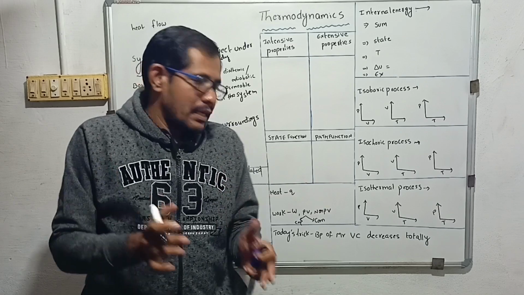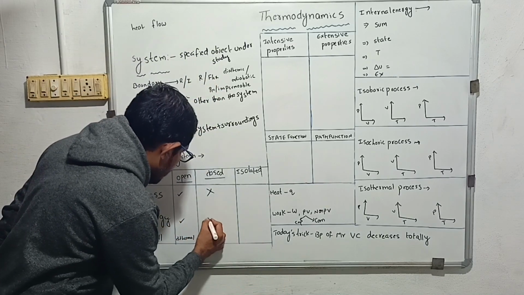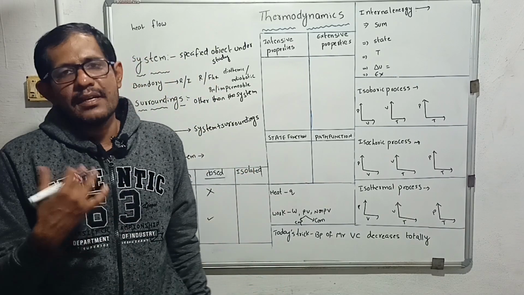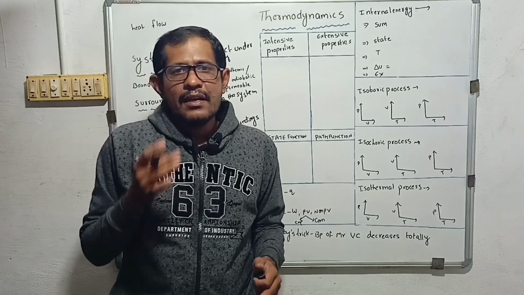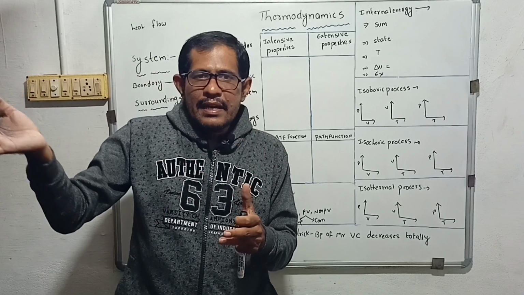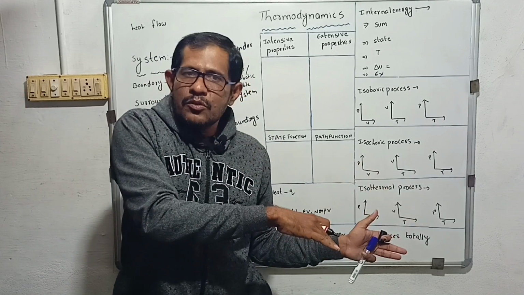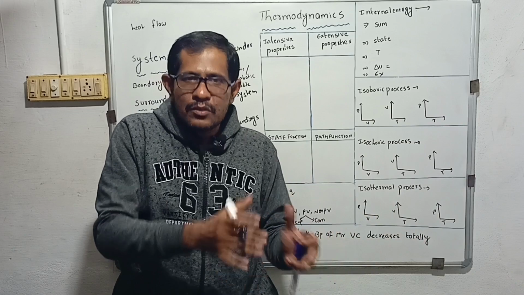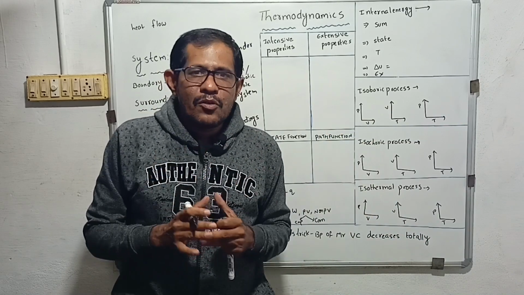So there is exchange of heat, the energy or heat. There is exchange of heat or energy. So in the closed system, I am boiling. Water molecules are not escaping, but the heat is passing from the system to the surroundings through the walls. So that is the closed system.